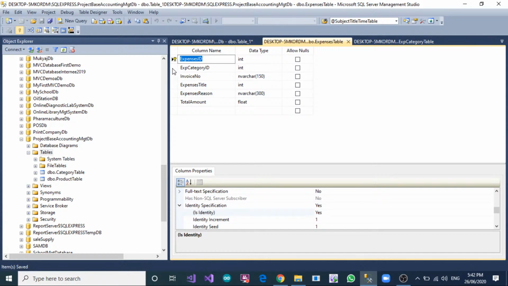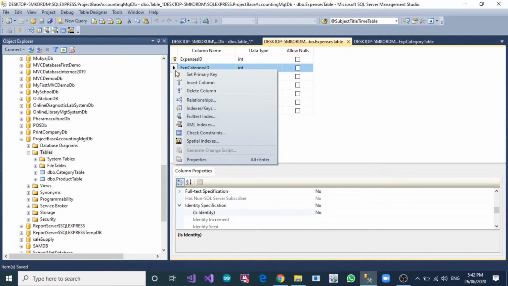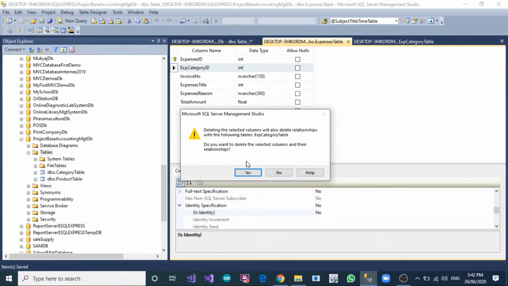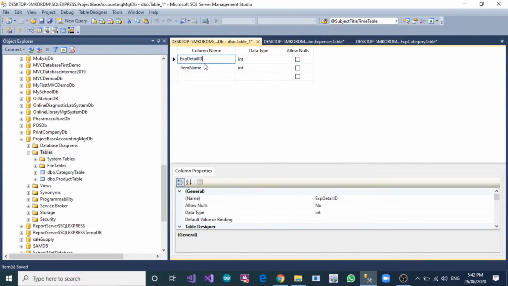Sorry, first we are removing this expenses category. Okay, so now right click and remove this category. We are adding this category here. Okay, so now item expense category